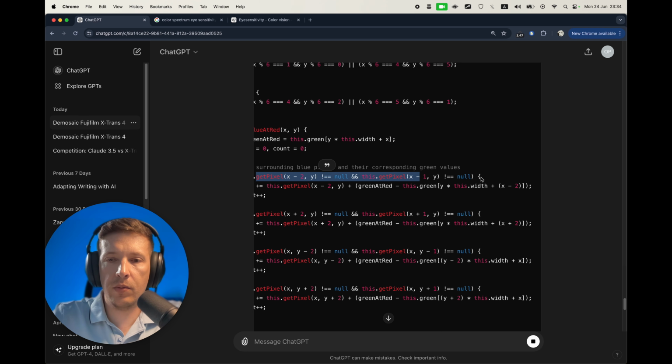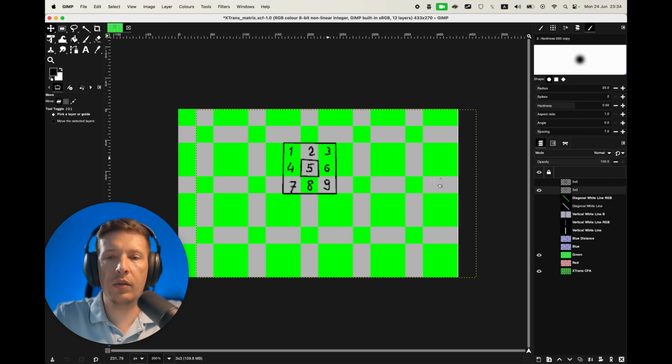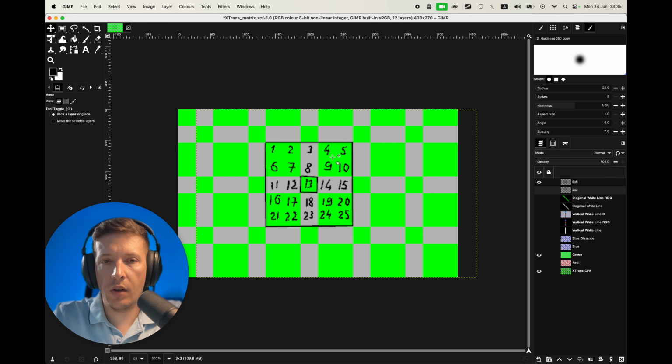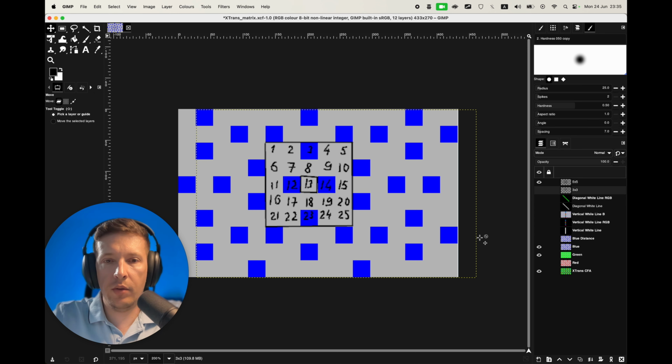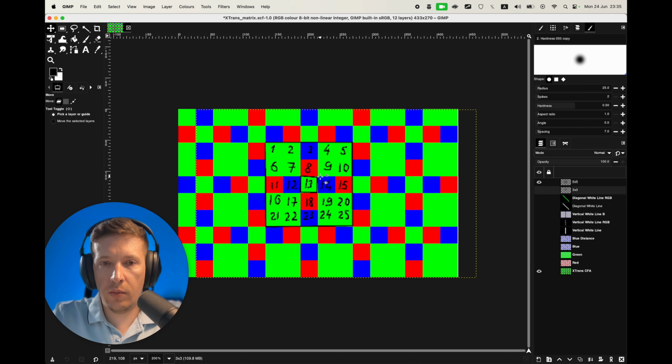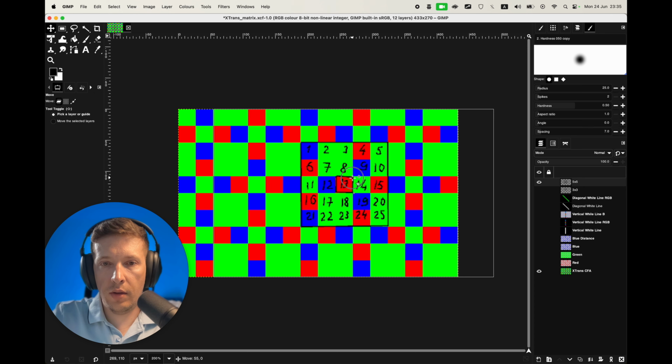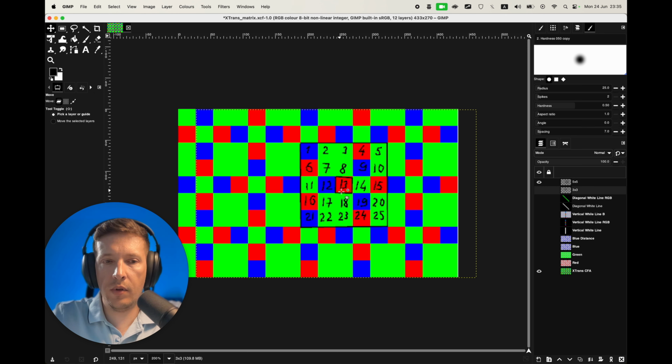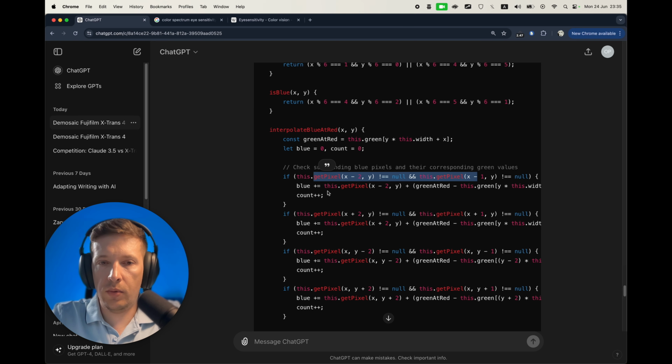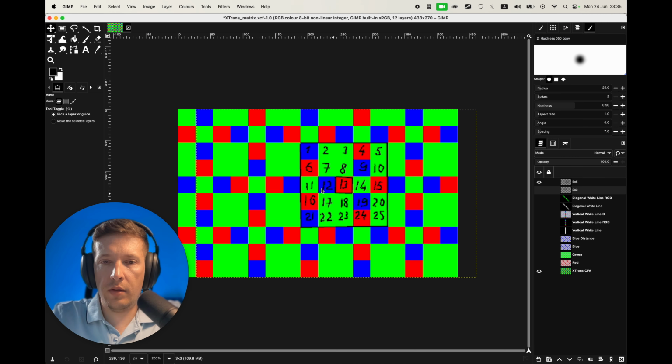Okay, so it goes with a 5x5 window. Let me show you how it works. So this is a 5x5 window. And if we interpolate blue at red position, blue at red, this means that we are interpolating here. We are trying to interpolate the blue pixel for pixel number 13 here. And what it will do, it will get pixels from